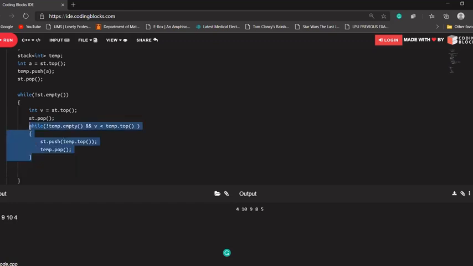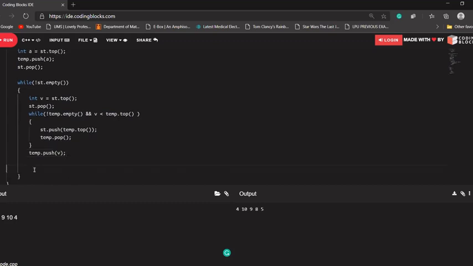If this loop is broken, it means either our temp is empty, or that element v is greater than the top element of the temp. If this condition is satisfied, then temp dot push v into our temp variable.